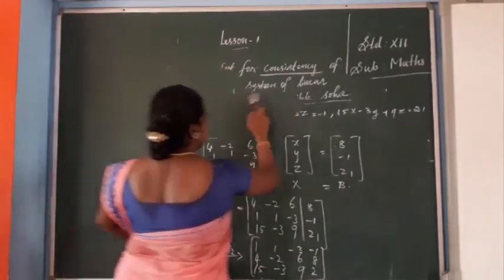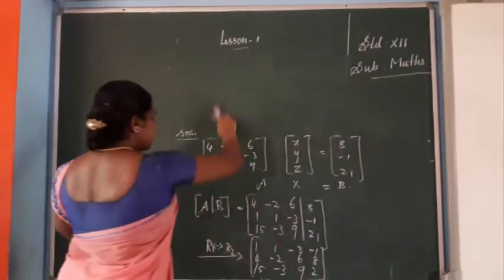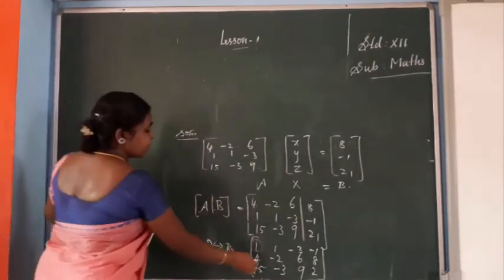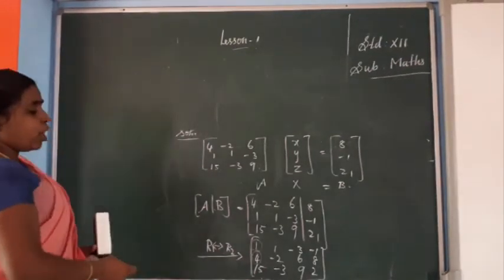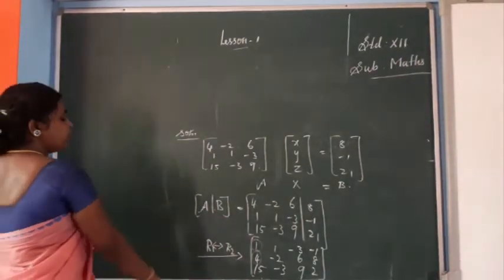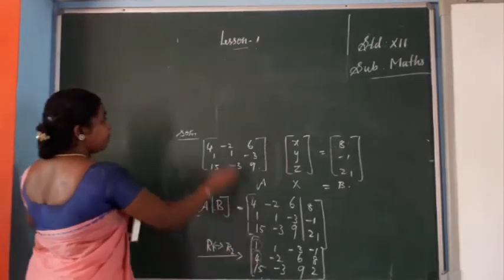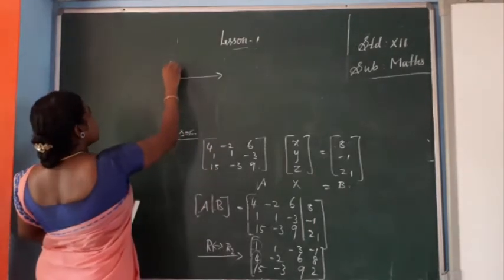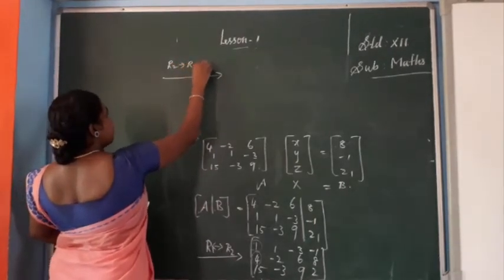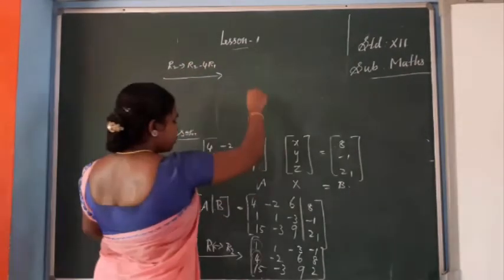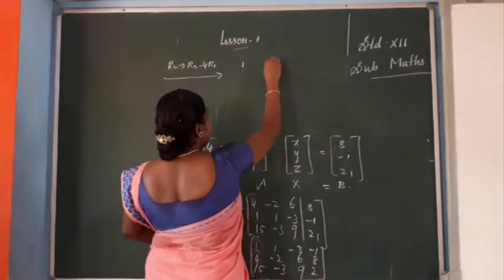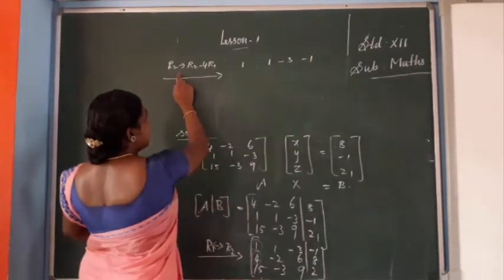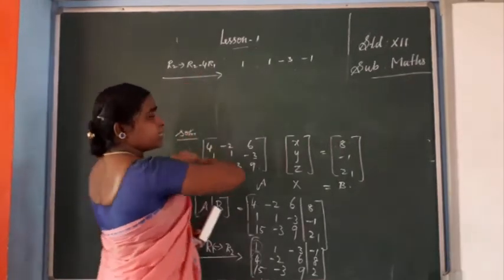Next step. See the next step. Okay, first one is non-zero. In the next row, the first element we need 0. Then in the third row also the first element we need 0. So you have to eliminate 4 and 15 using the first row. So now it's simple because 1 is there, no? So for multiplication it is easy. So R2 gives R2 minus 4 R1. Okay. So R1 no change: 1, 1, minus 3, minus 1. Next R2, I have written the condition here: R2 gives R2 minus 4 R1.